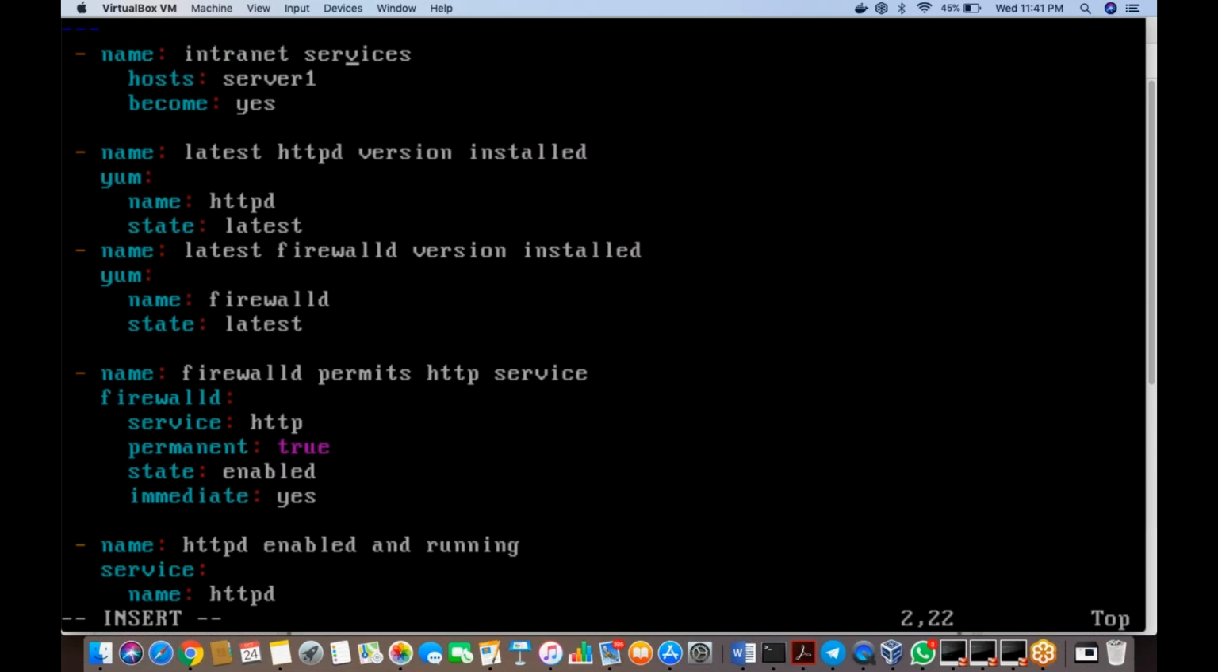Yeah, the first one, the name, hosts, and become, all three should start in the same column. So the host should be just below the name. This is right. So usually why the spacing is given is, suppose you get into any of the programming